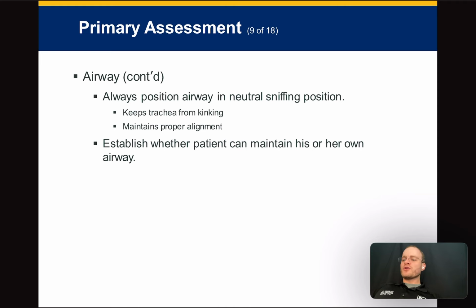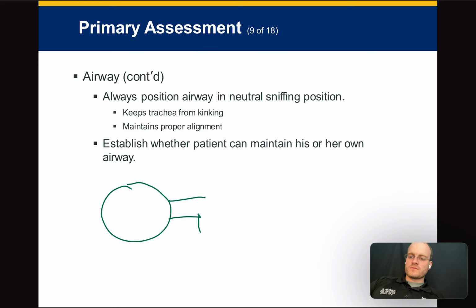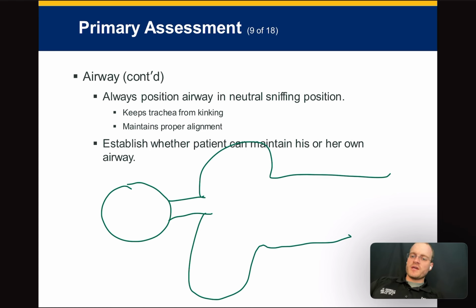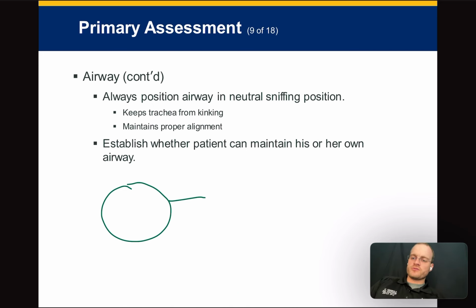Always position the airway in a neutral sniffing position. And so sometimes what we have to do is pad underneath the kid's head. So let's go like this. All right, this is kind of like drawing a kid, I guess. And so what would happen is, what am I doing? I drew this wrong. This is not drawn to scale. This is not going well. Their shoulders can be generally small. This is such a bad picture.